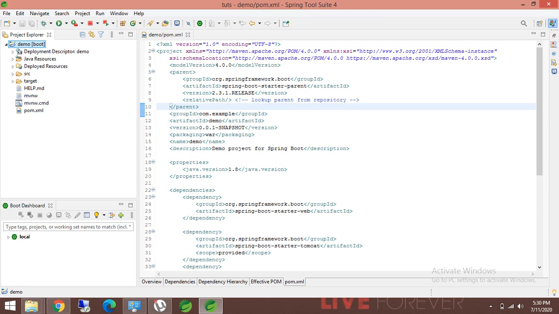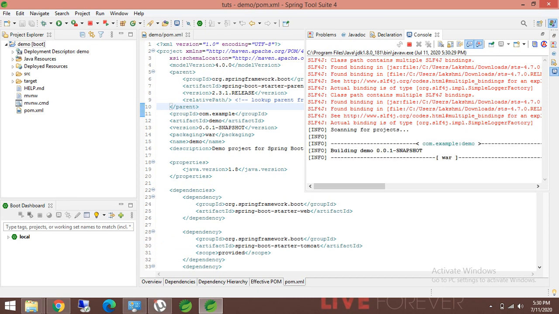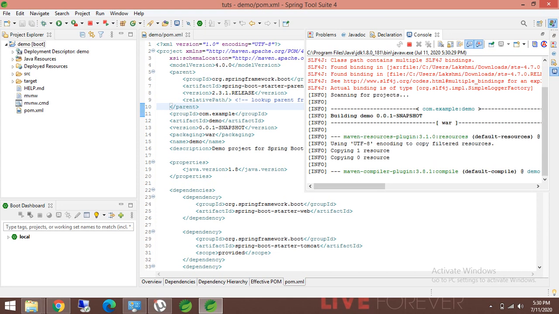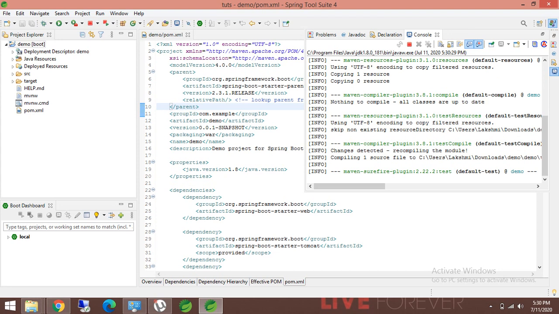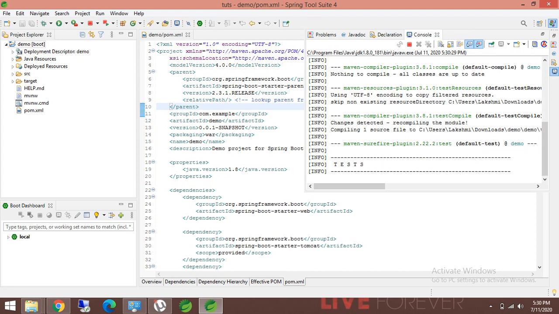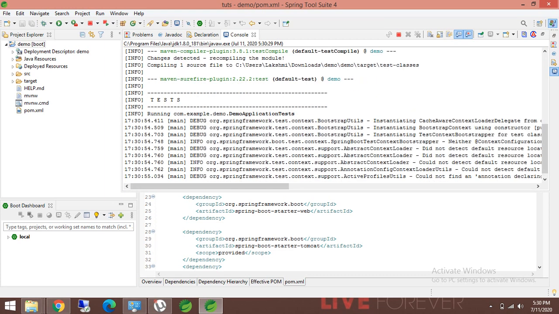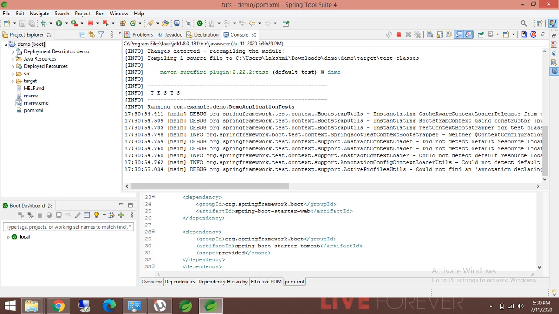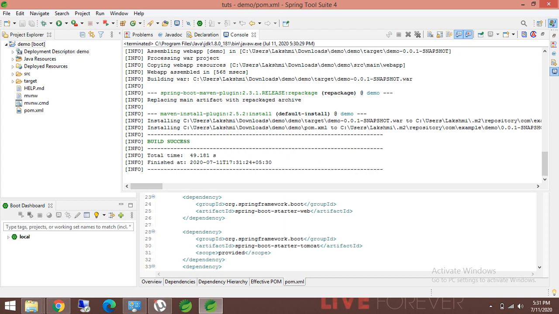Click on Maven install. And the build is success.